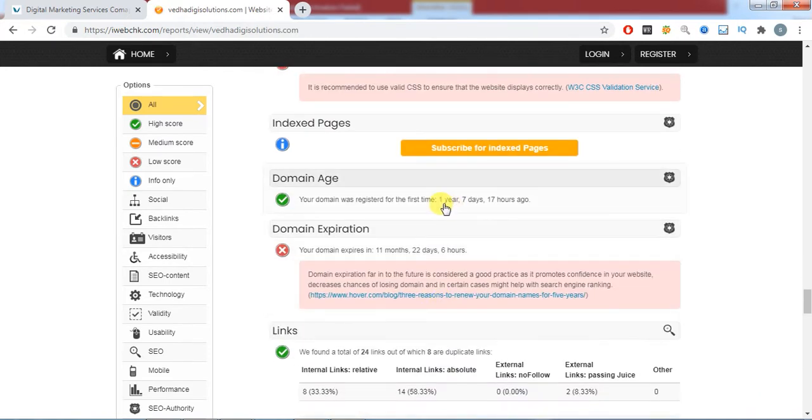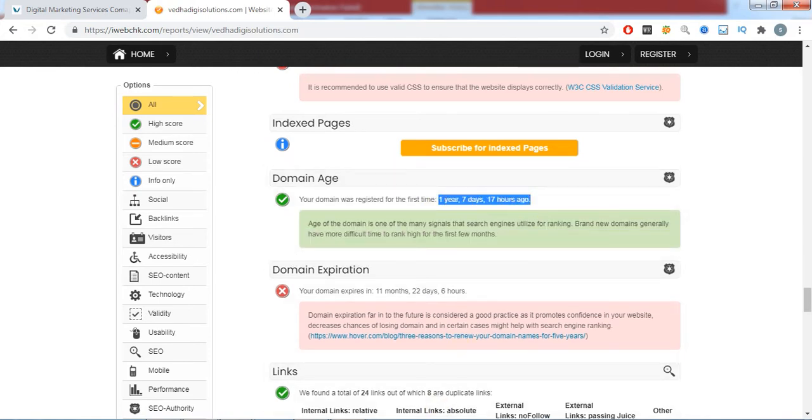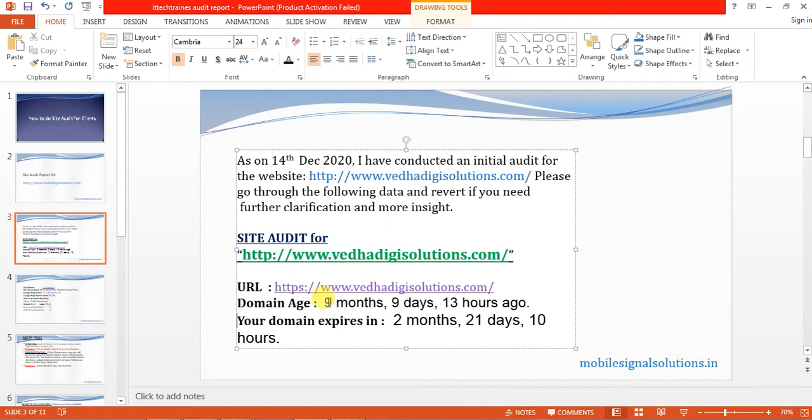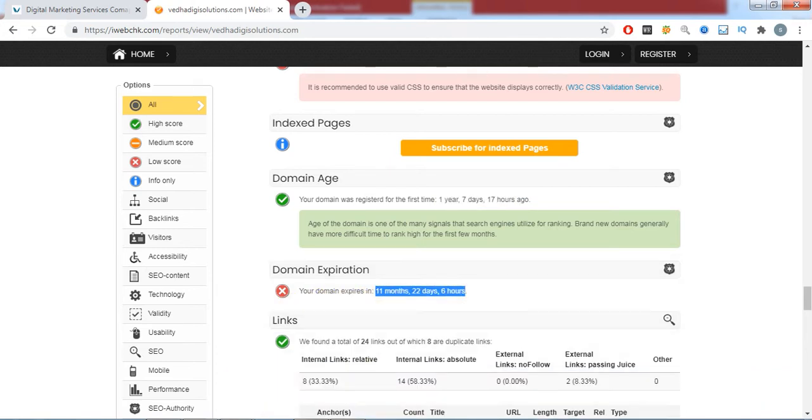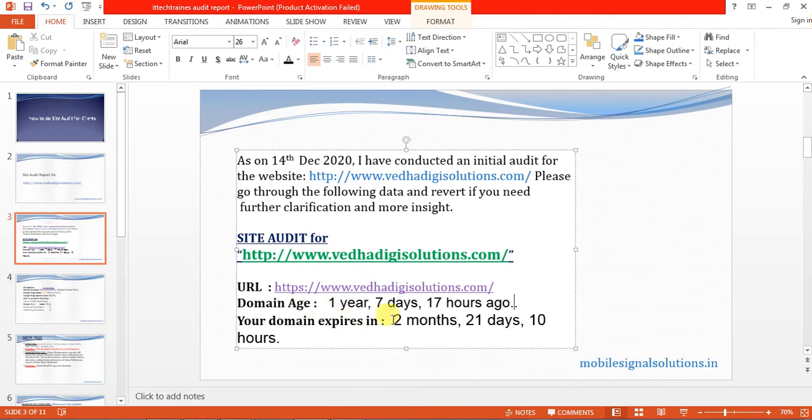Yeah, the domain age is 1 year, with 7 days and 17 hours to go. You just mention that. And when it is going to expire, it is going to expire in these days. You need to mention those particular details also.